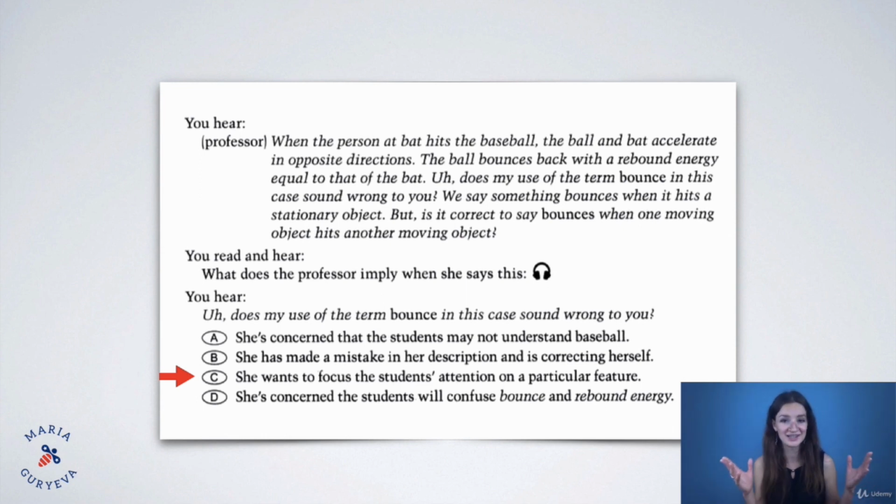He's not a human, he's a hero, okay? So this is a pretty unlikely answer choice. She has made a mistake, I'm not sure about it. She's concerned that students will confuse bounce and rebound energy. Maybe not such an obviously wrong answer, but of course wrong because she's not concerned about it in this